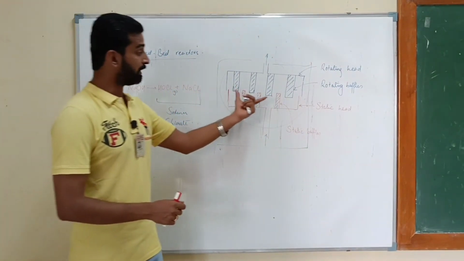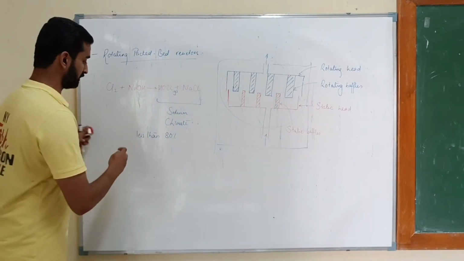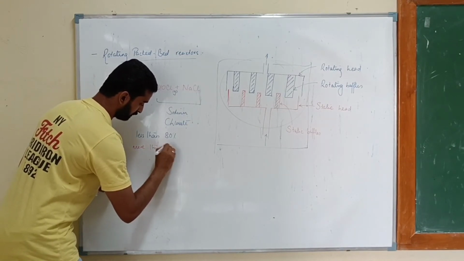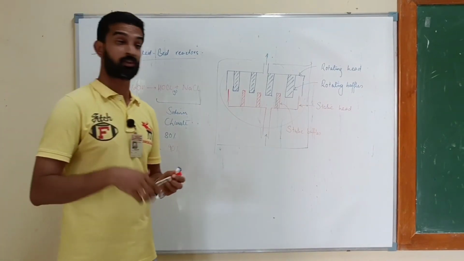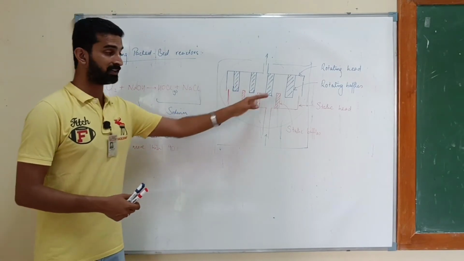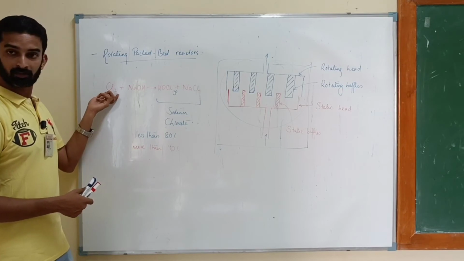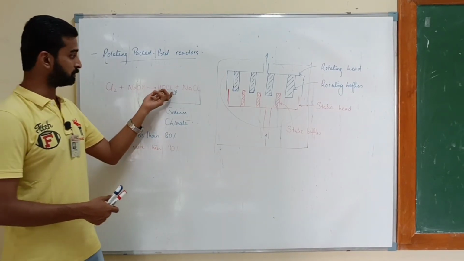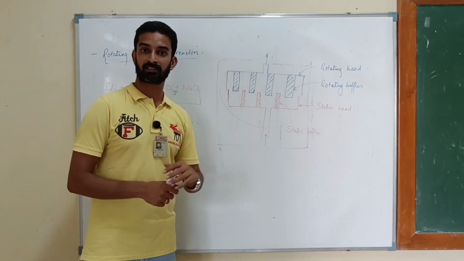Now this packed bed reactor was used, and after using a packed bed reactor, the efficiency of this process was found to be more than 90%. As I told you, here we discuss the simple mechanism, but this reaction can also be done using a gas and a liquid solution. And when the gas forms again, you can make a mechanism so that you can immediately suck out the gas.